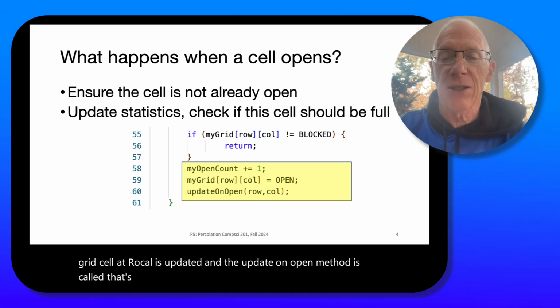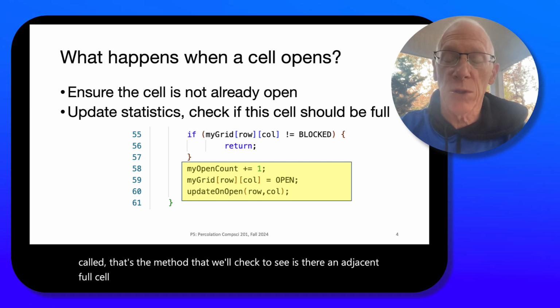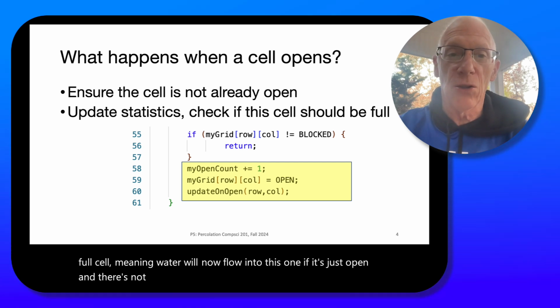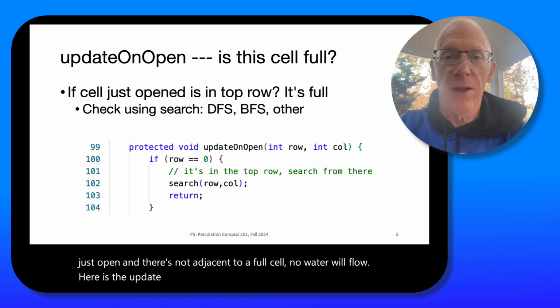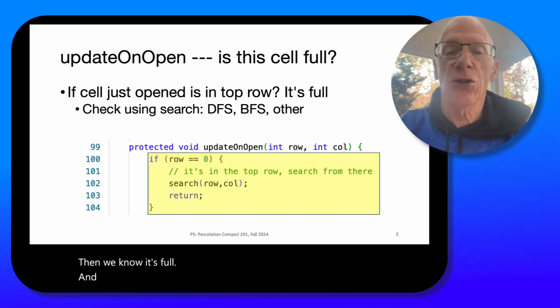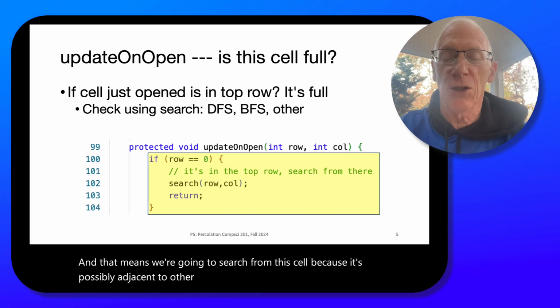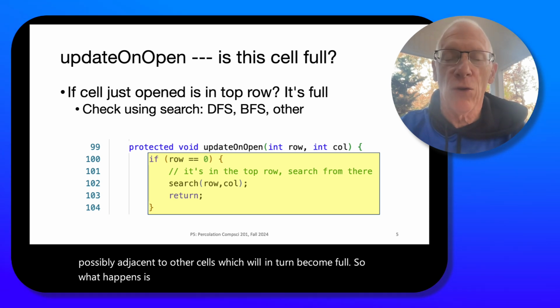That's the method that will check to see, is there an adjacent full cell? Meaning water will now flow into this one. If it's just open and it's not adjacent to a full cell, no water will flow. Here is the update on open method. If it's in the top row, then we know it's full. And that means we're going to search from this cell because it's possibly adjacent to other cells, which will in turn become full. So what happens is, since this is full, this update on open call will call the method